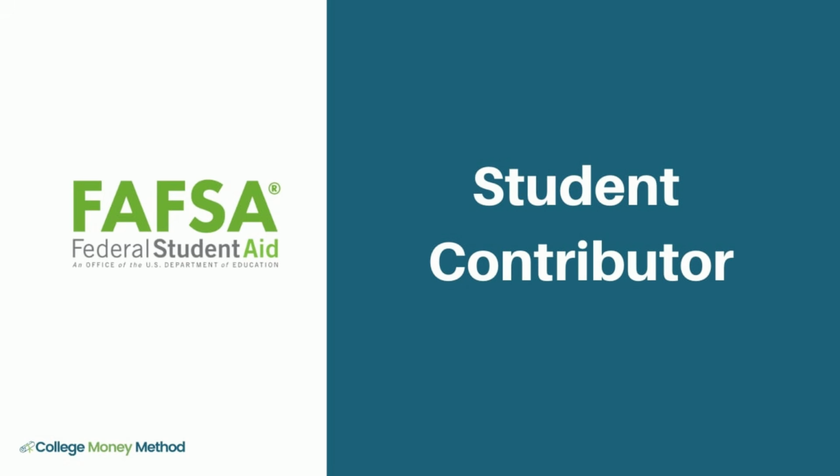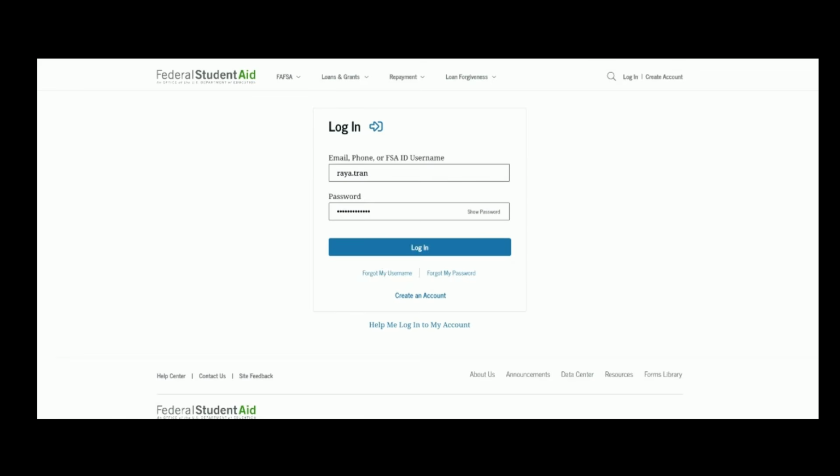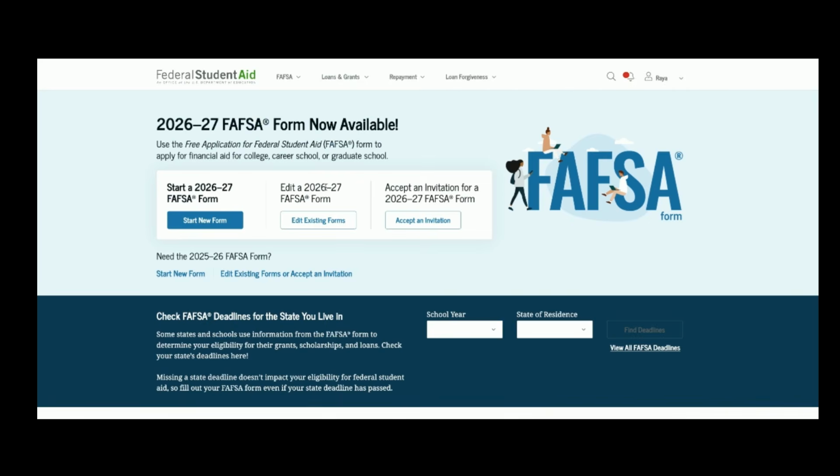To get started with the FAFSA, it'll be the student who first logs in using their FSA ID in order to complete their section of the FAFSA and invite their parent contributor to log in and later submit their information. Now, if you have questions about how to create an FSA ID, you can use the link at the top of the video to go to an article with details on how to create an FSA ID, including video instruction. So the student will log in, and then we can see the student is going to start their new FAFSA